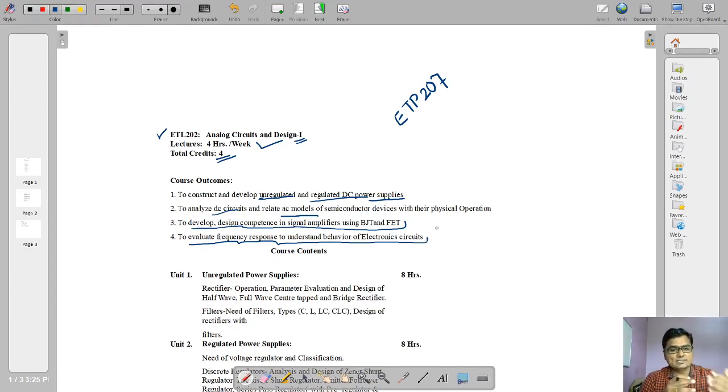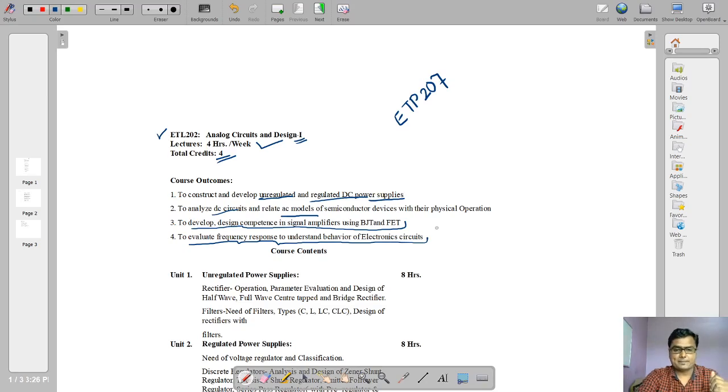Okay. So when you study this frequency response chapter, you will be able to find out the frequency response of electronic circuits, isn't it? And by frequency response you will understand so many things, like what is the gain, or if it is an amplifier, what is the bandwidth of the circuit, and so on. You will understand the things as we go on studying the fourth and fifth chapter. So those are the four outcomes of the course. It means you will be able to do all those things. Now let's get into the chapter.